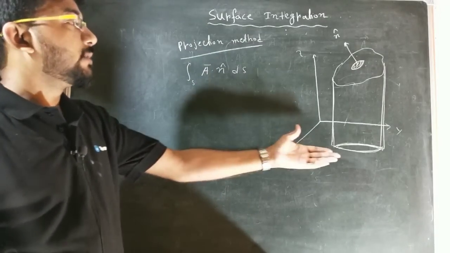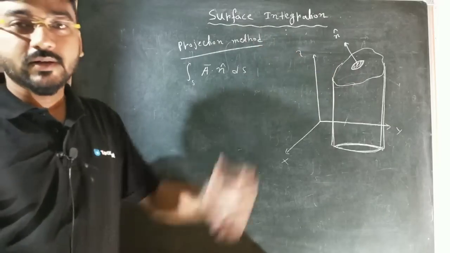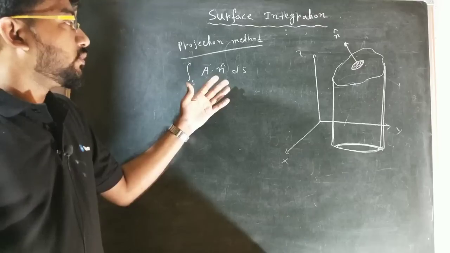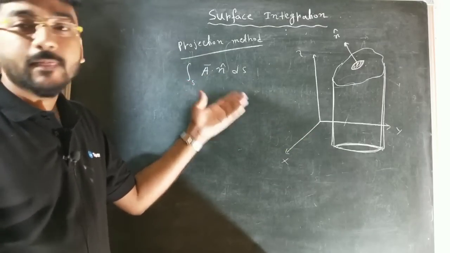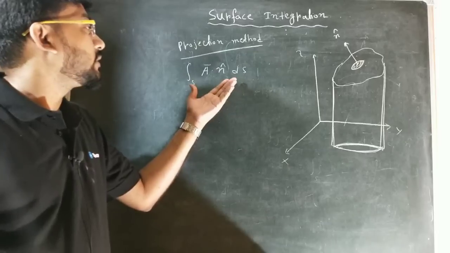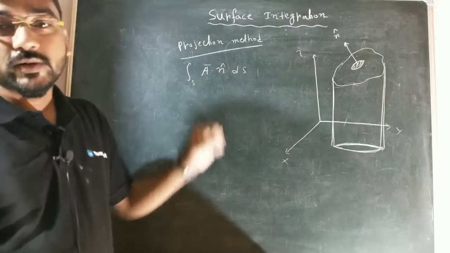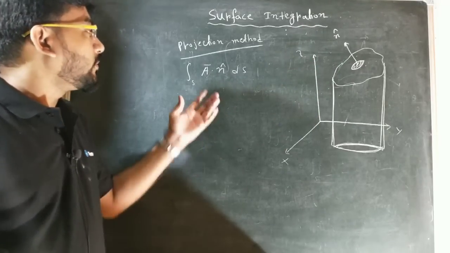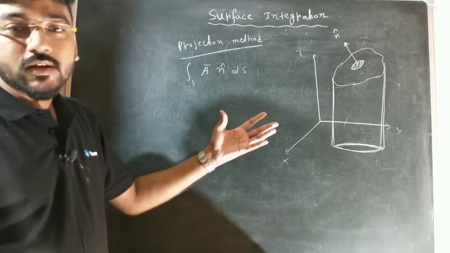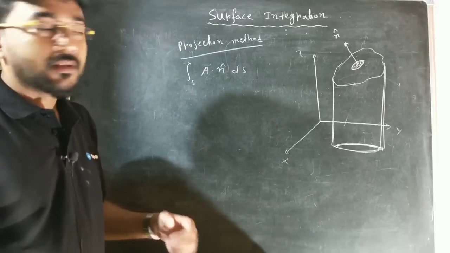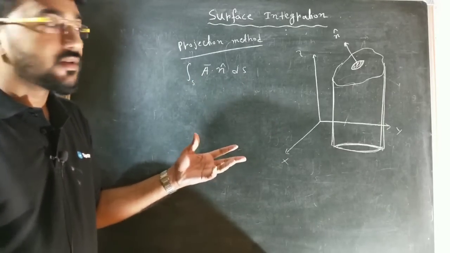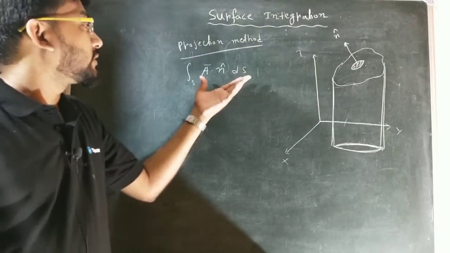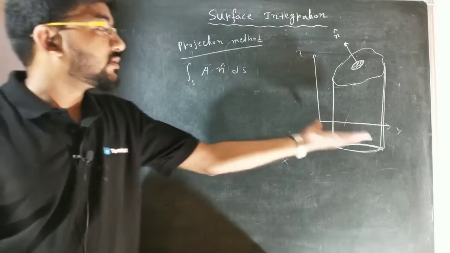The region may be the xy plane, the xz plane, or the zy plane, and it will depend on which plane you choose for the region of integration. It will depend on the geometry, on where the surface is situated. So you have to just see the figure and choose the region where you want to do the integration. Suppose for this figure I want to integrate this function by choosing the region as the xy plane.